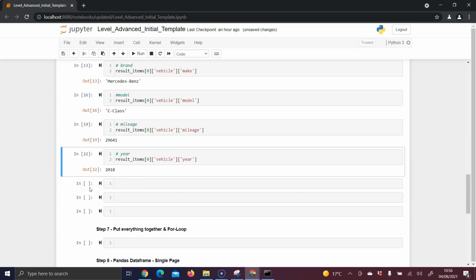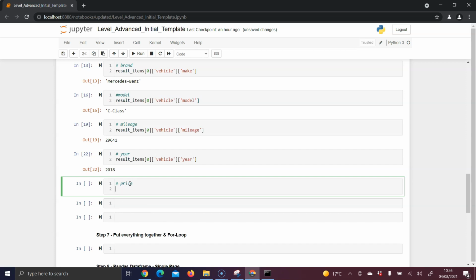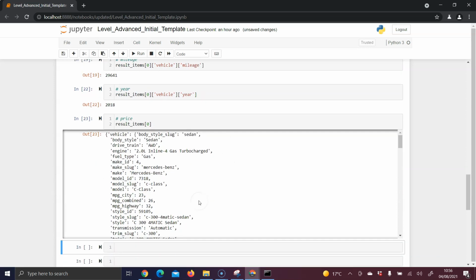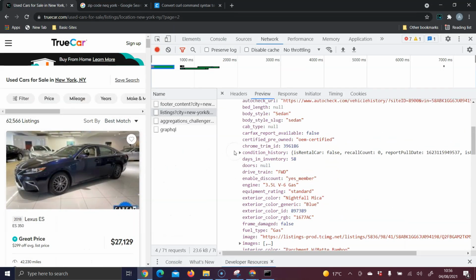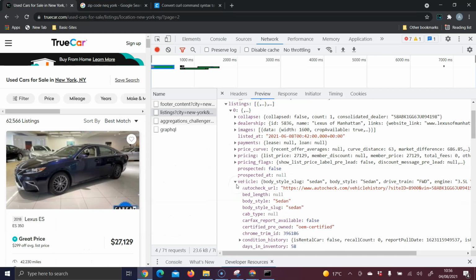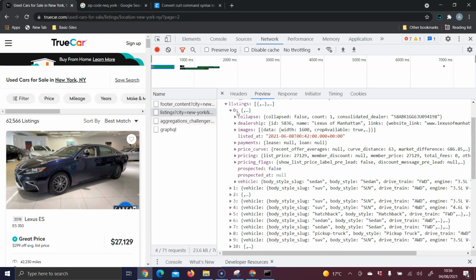And finally we have the information about the price. Okay, let's see how to get access to this one. This is a little bit different. Price, we have results underscore items, number 0. Let's run it, and you will see if you open up this page here, we have more information than just the vehicle, right? So if we start with indexing number 0, we had almost every piece of information inside this vehicle key, and now the pricing information is actually stored inside this